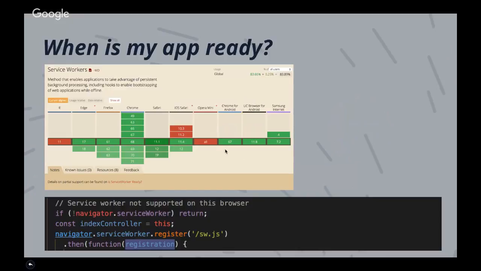Because when you start writing Service Worker code, most of the time you include this check here to make sure that your browser supports the Service Worker. If not, it wouldn't even activate any of that code. So it's safe, depending on how you code it. For people who are worried about trying it in their production systems, I would say you could start with something as simple as just caching a logo. So the damage is minimal. It's just a simple image that you are caching.